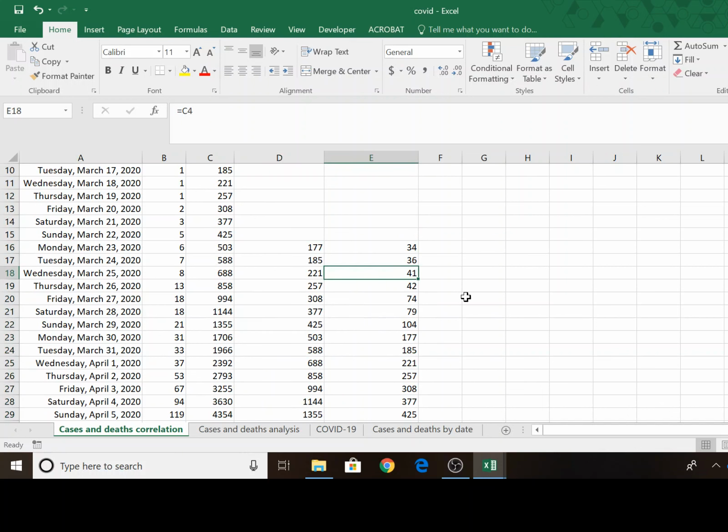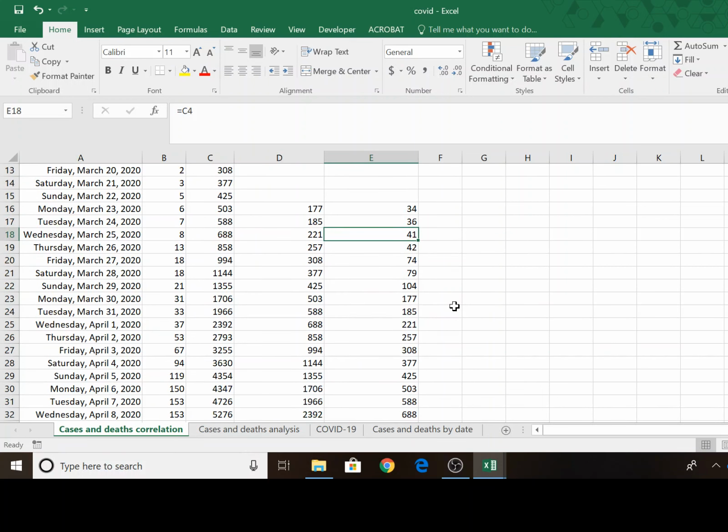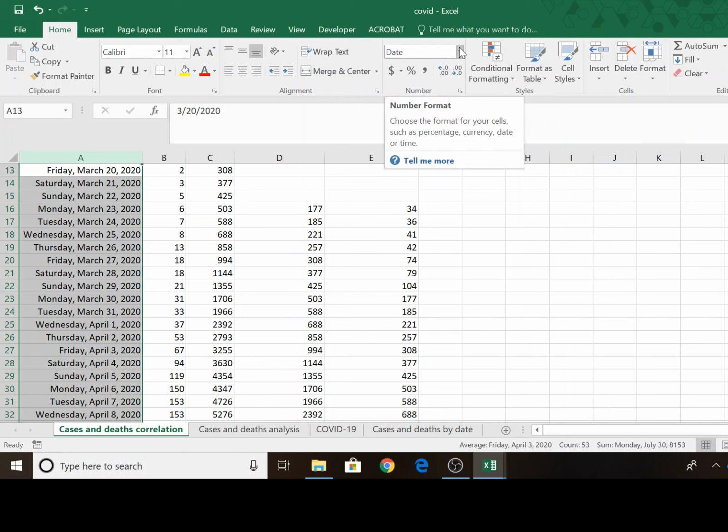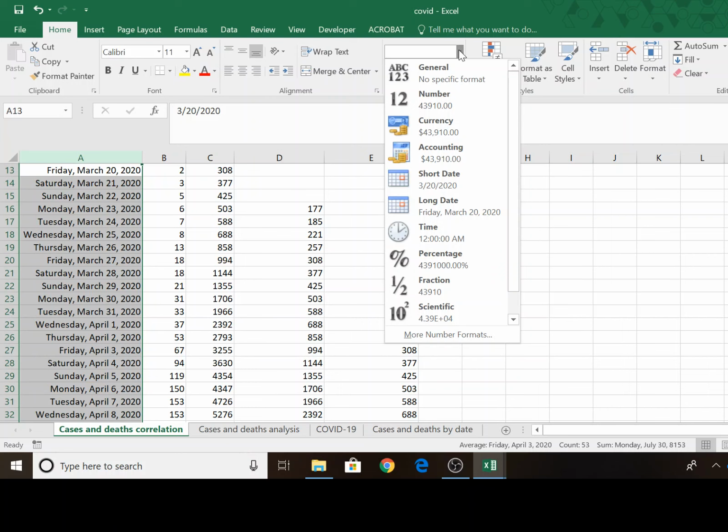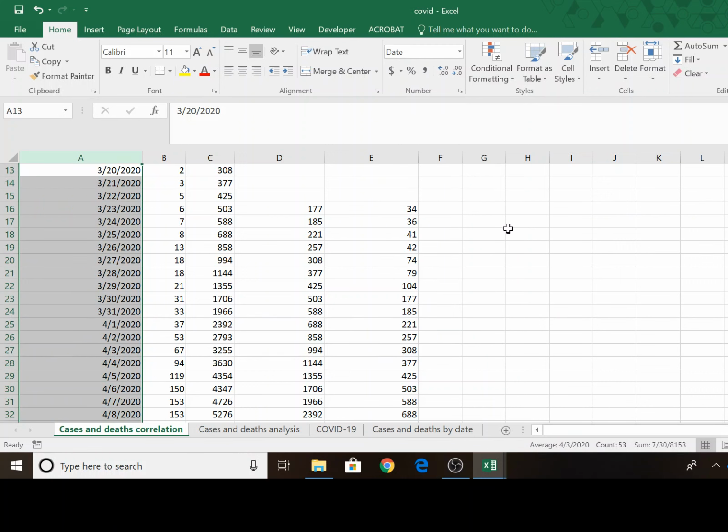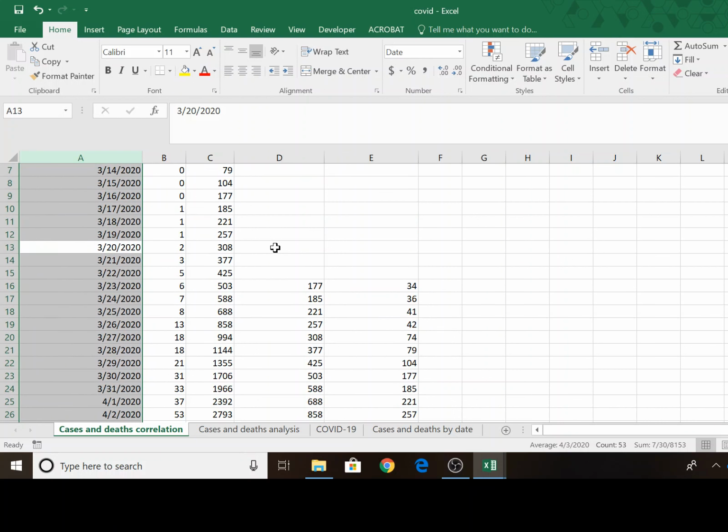All right, so now I'm going to create another chart. First, let me change this back to short date. The reason why I'm changing it back is on the chart, I don't want to clutter the axis. If we have the day of the week and the full name on the axis of the chart, it's just going to look extra cluttered. So I'm moving this back to short date, and now I'm just going to select